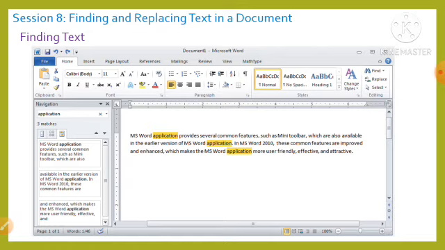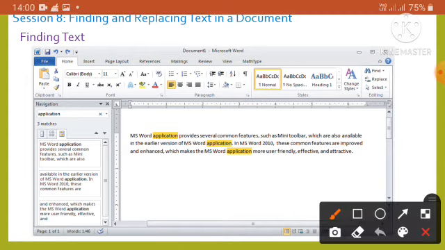It would be a time consuming, monotonous and error prone process to go through the entire document word by word. So search for the particular word or text and then delete and replace it with a new word. Here MS Word 2010 provides an easy option to automatically find a word and then replace it with a new word.